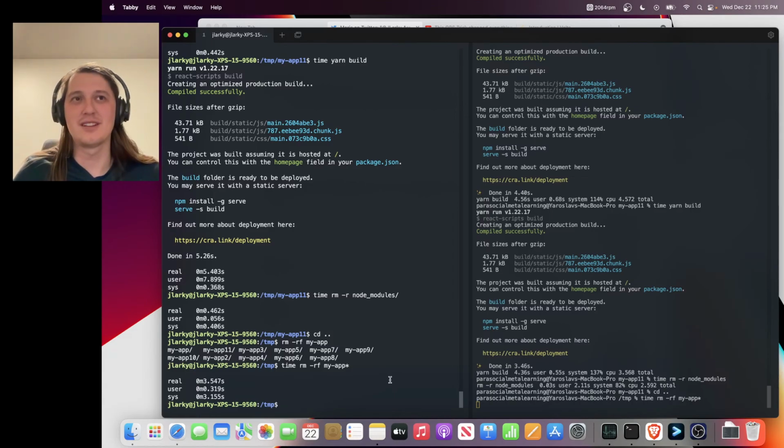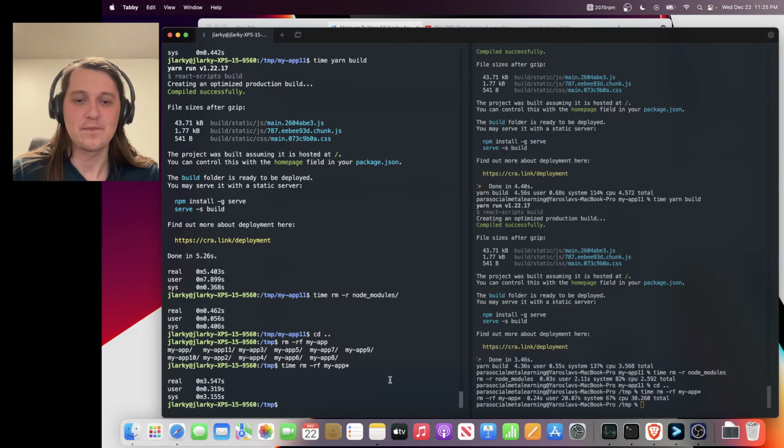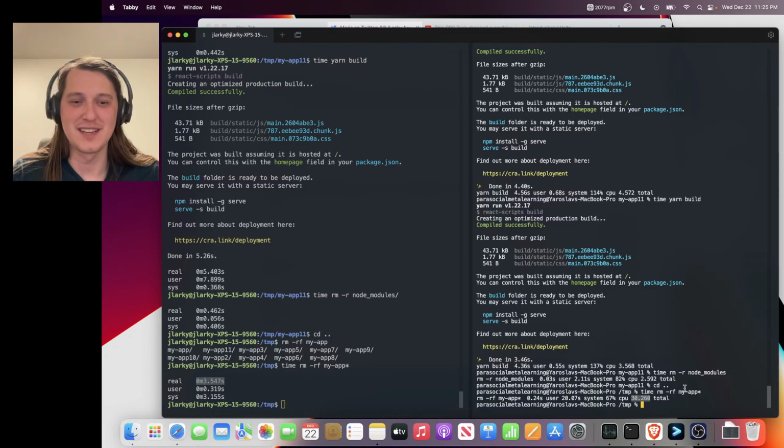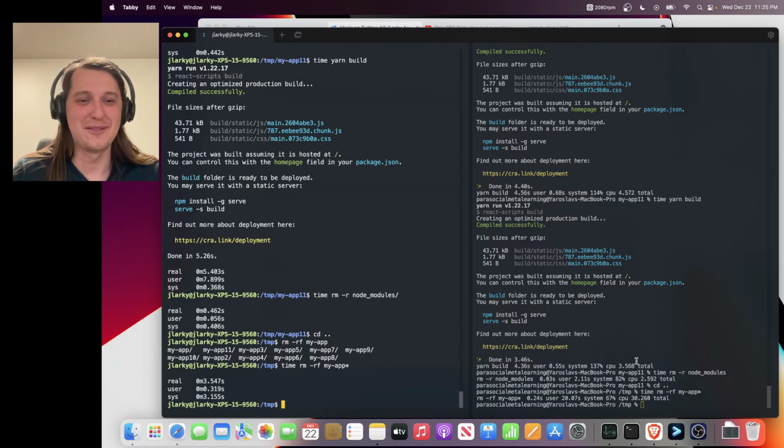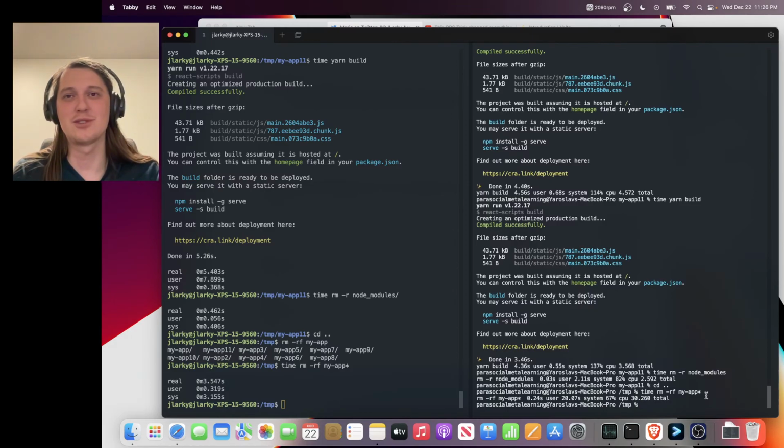Oh yeah, I forgot to mention. I think I mentioned it last time, but I'm not sure. Yeah, so it's like 3.5 seconds to 30 seconds. So it's considerably 10 times slower to remove node modules on new Macs compared to Linux. So I don't have an older Mac to compare this with. So actually I do, so maybe I can test it. Anyway, so what I was going to mention is that